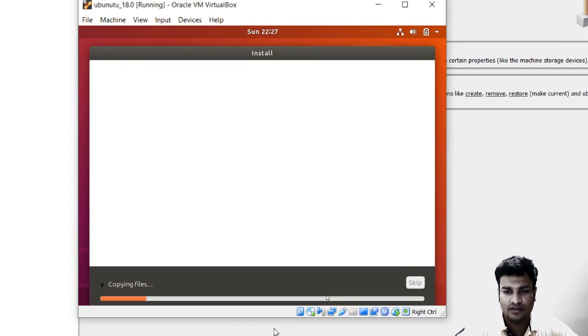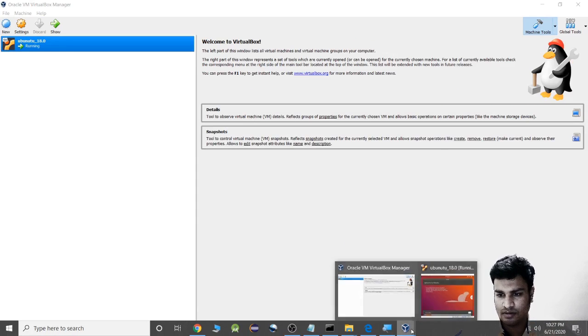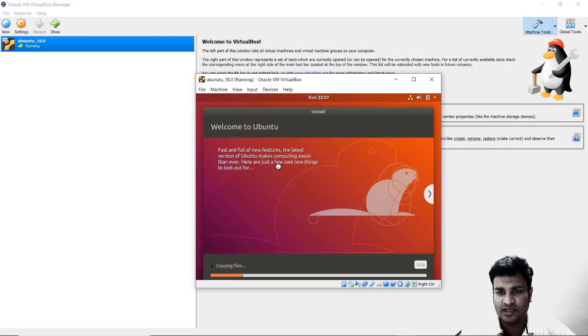From here it will take approximately 40 minutes to let this software get installed on VirtualBox. Let it get installed, and then we will see if internet is working on it or not. If internet is working, then we are done. Then in the next episode we will go ahead and install MySQL on the same.